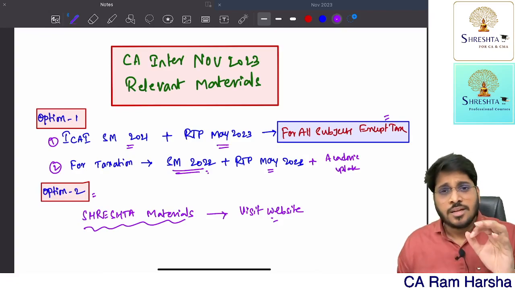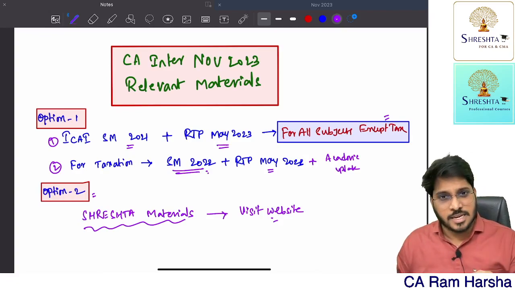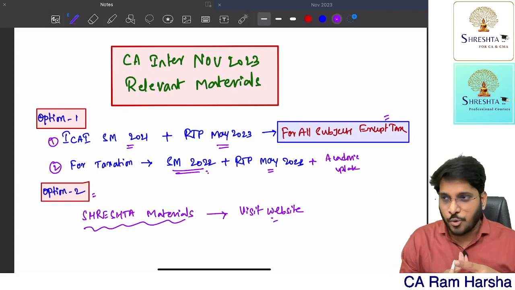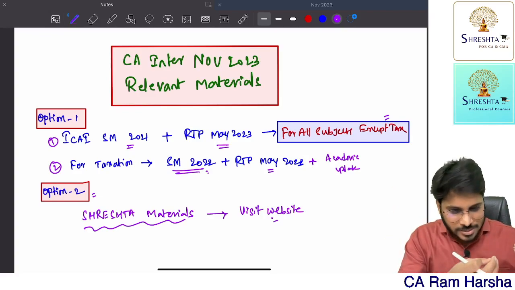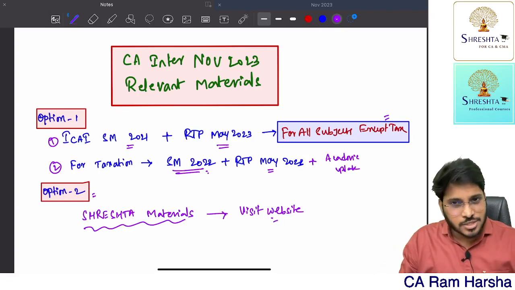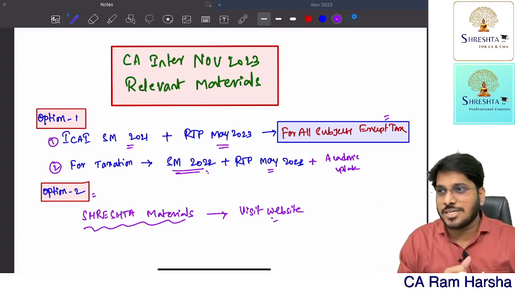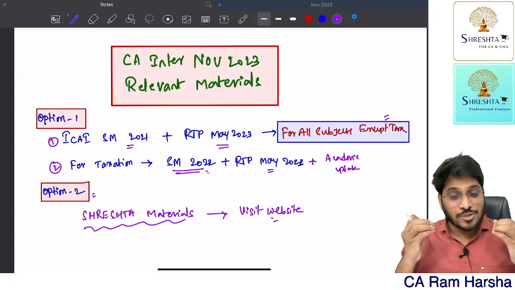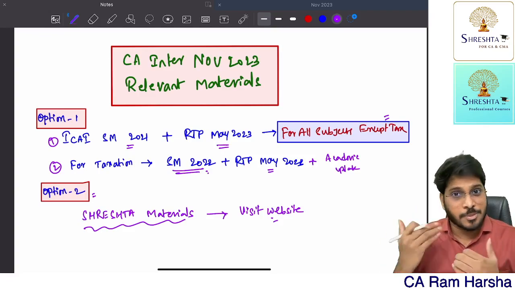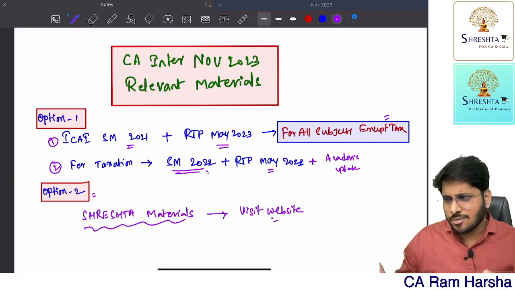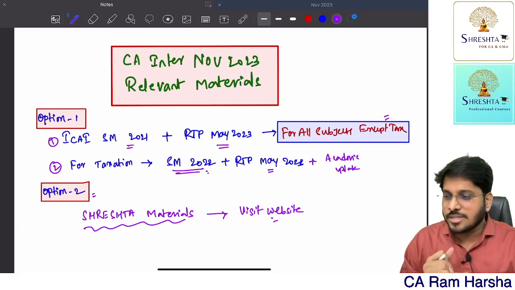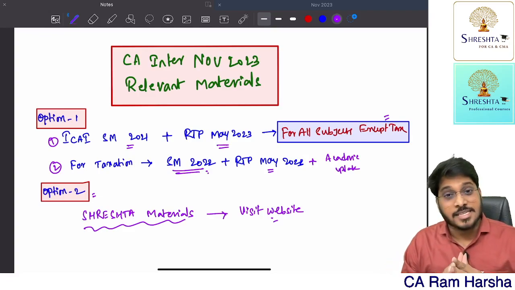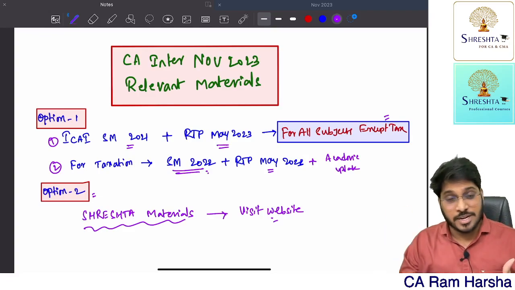See, the institute has not released new material for the existing course, considering that the new course will come into the picture. But it is very clear and evident from the past 1 or 2 months, based on the discussions, that there is no chance of the new course coming anytime soon, even for May 24. But the council is going to hold a meeting in June 2023. So maybe at that meeting they might decide whether the new scheme will be applicable for May 24 or not.